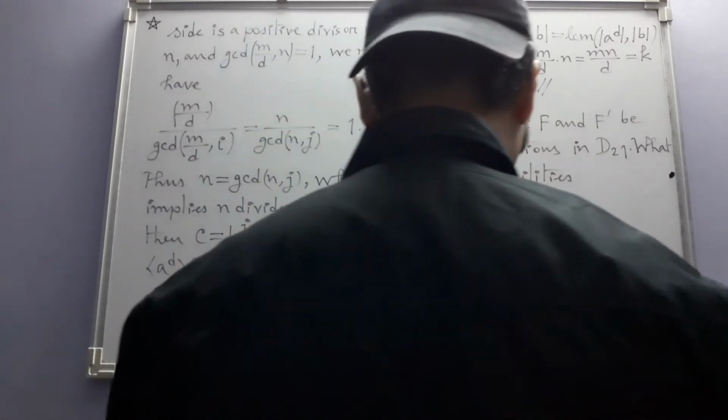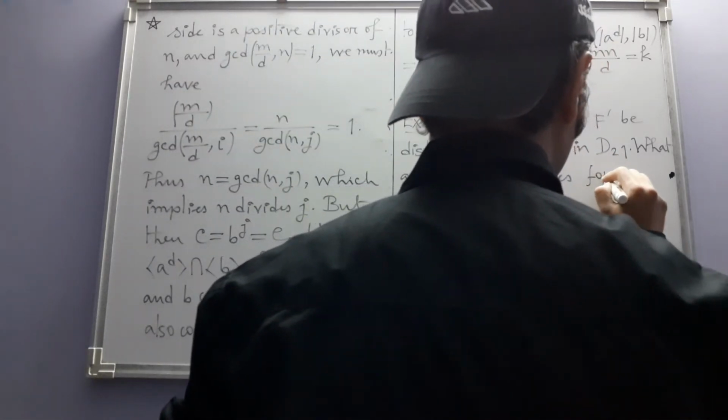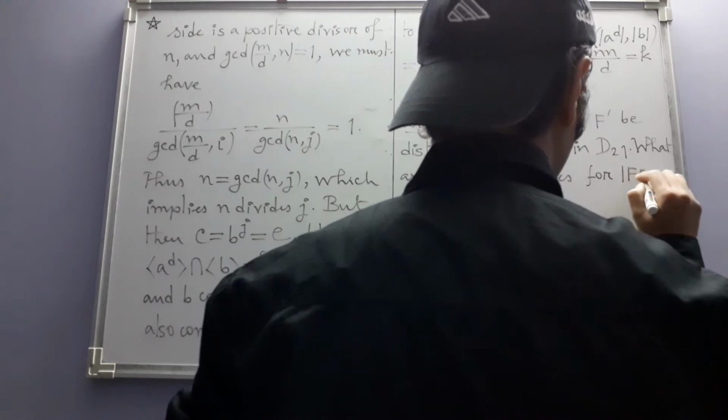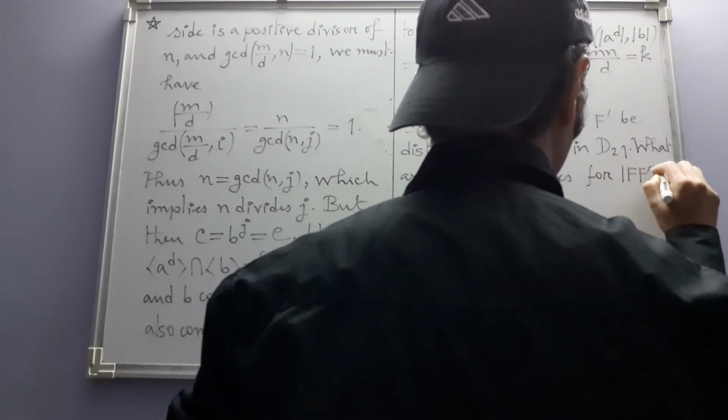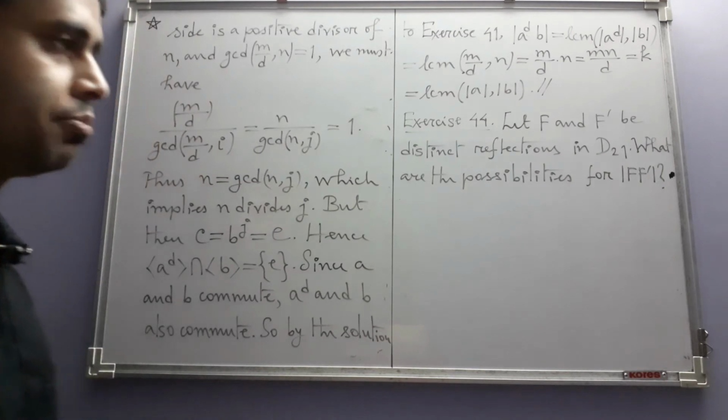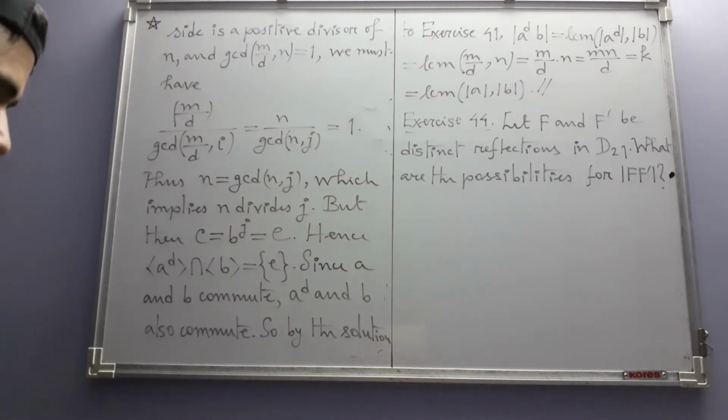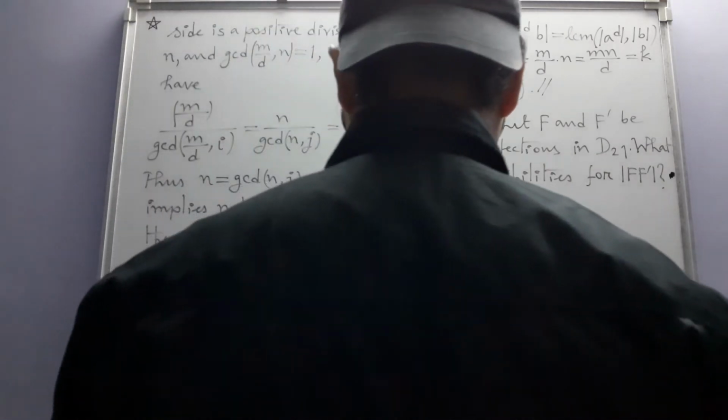What are the possibilities for the order of this product f f prime? Okay, for that one